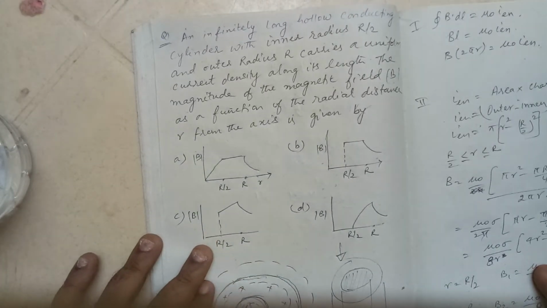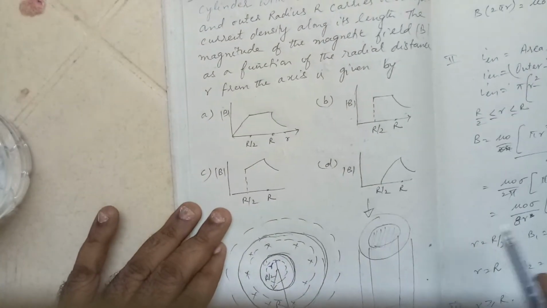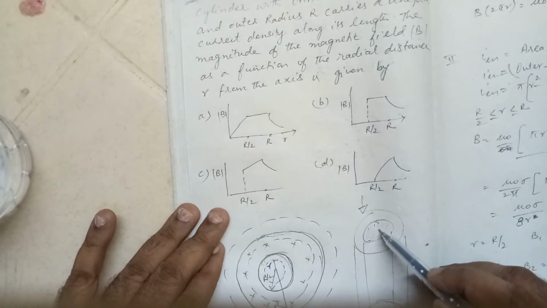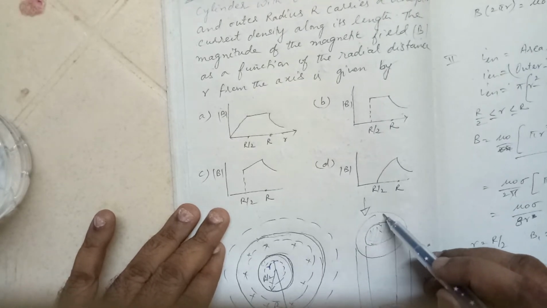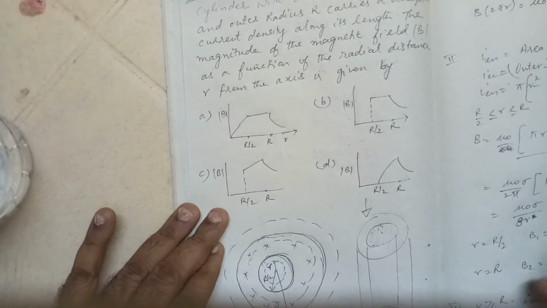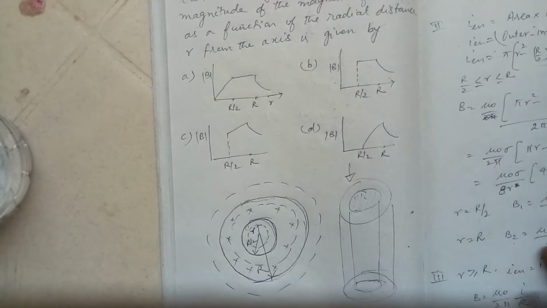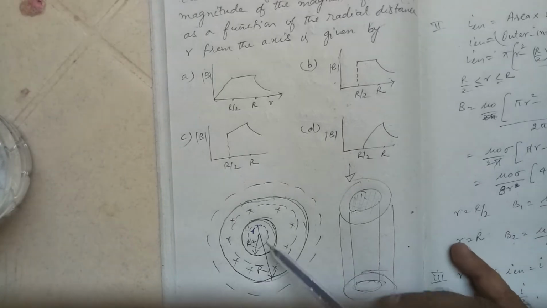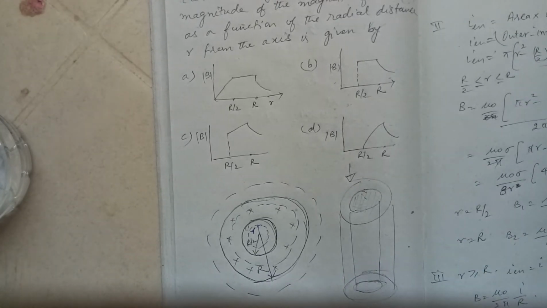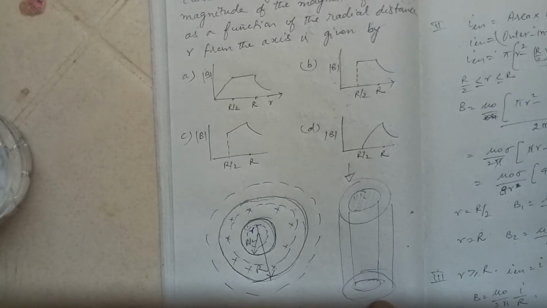So for this we will apply Ampere's circuital law. So there are three areas here. One area is inside this smaller radius, the second is in between the inner and outer, and the third one is the outer radius. So in blue color I have tried to draw the three Amperian loops. The first loop I have taken inside the inner radius. So the radius of this Amperian loop I have called small r.